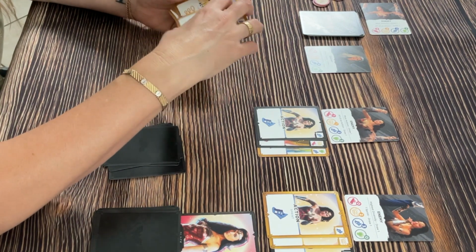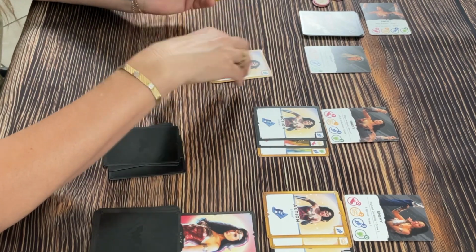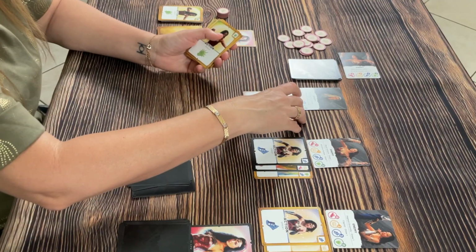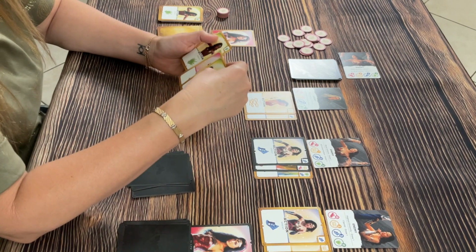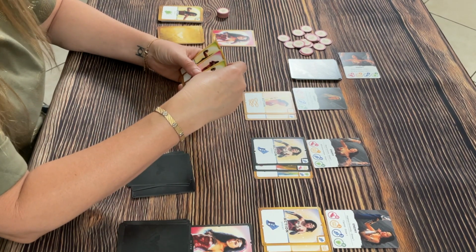This one wants most sprints, so you know what? I don't want to finish it. I want to start with a sprint. So that's 1. 2 different actions. I can do that. I already have 2 different actions. That's 2. Unfortunately, I don't have any more sprints. So